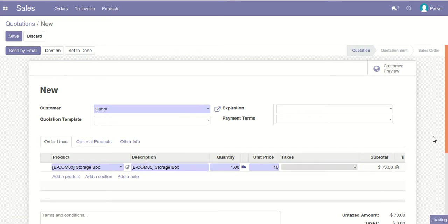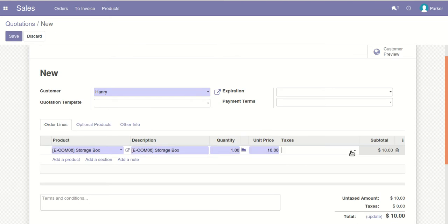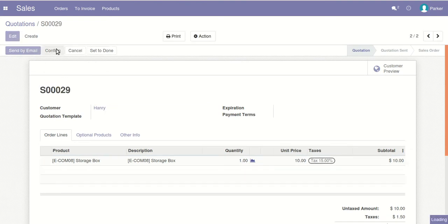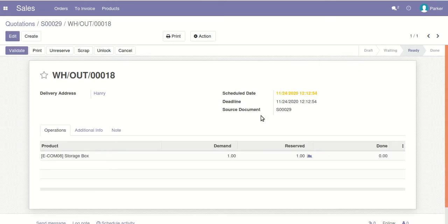So it will be a $10 amount. If taxes apply, we can also define those taxes, and let's confirm it. So this sales quotation is converted to a sales order, and we will be able to generate a delivery for that.